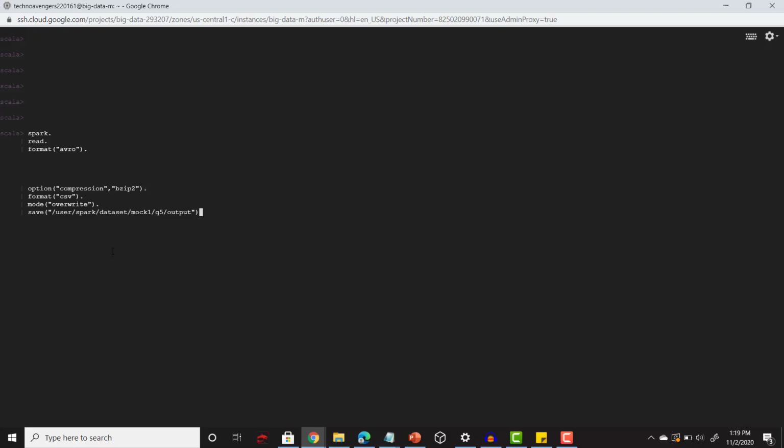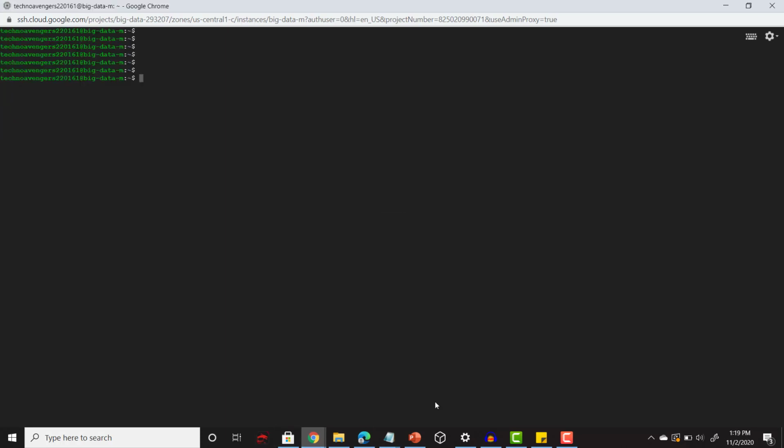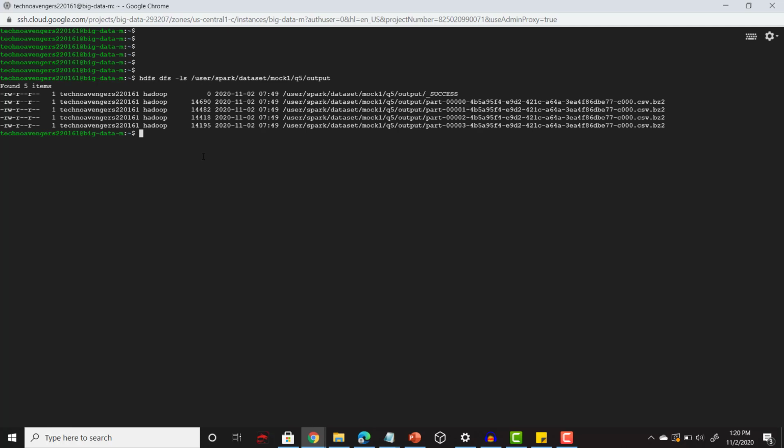So I'm inside my Spark Shell. I pasted my solution here. I'm going to run this now. So let's go to this output path and see if the output is correctly generated or not. So here you could see .csv, .bzip2 files. So let's see the content of one of the file. For that I'm going to make use of -text command because it's a zip compressed file. So -text can help here.